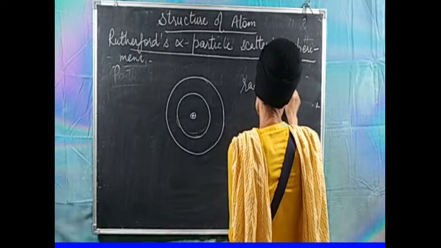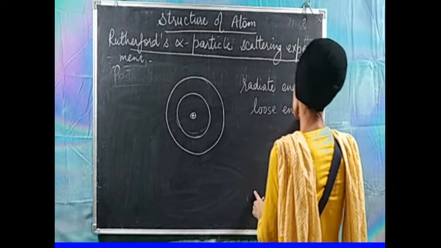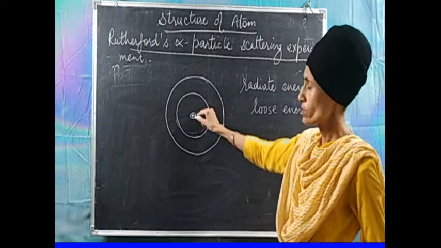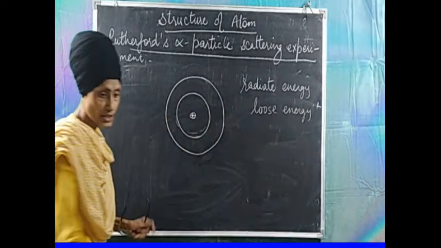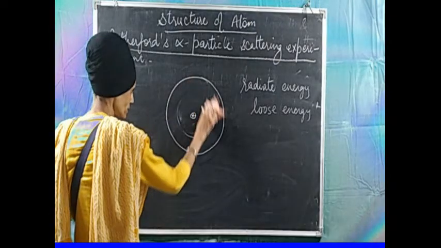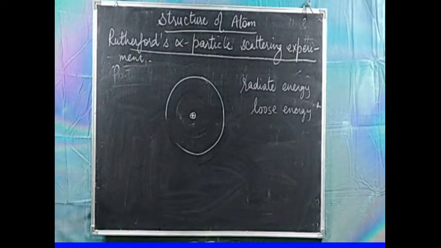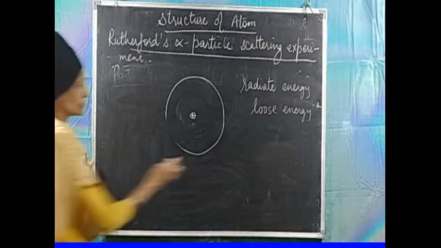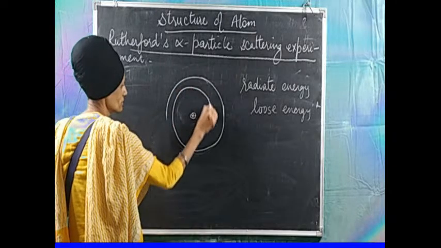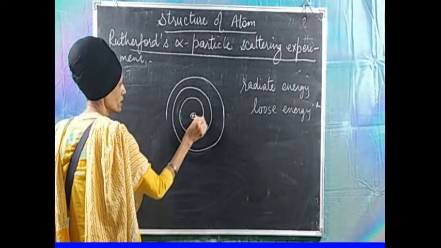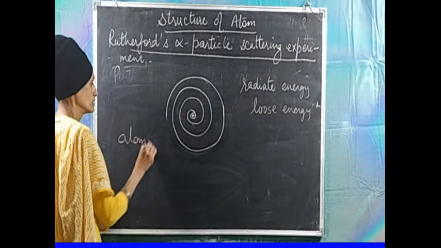Radiating energy means they will lose energy, and if they lose energy, they will be attracted towards the nucleus. And then what will happen when they are getting accelerated and attracted by the nucleus? They will slowly follow a spiral path and fall into the nucleus. Hence the atom will collapse,